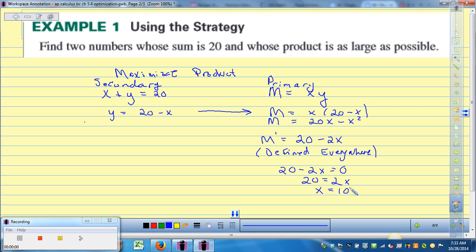X equals 10. I have only found one critical number, but we cannot assume that that is a maximum. You do have to check to see that it is a maximum. So we need to